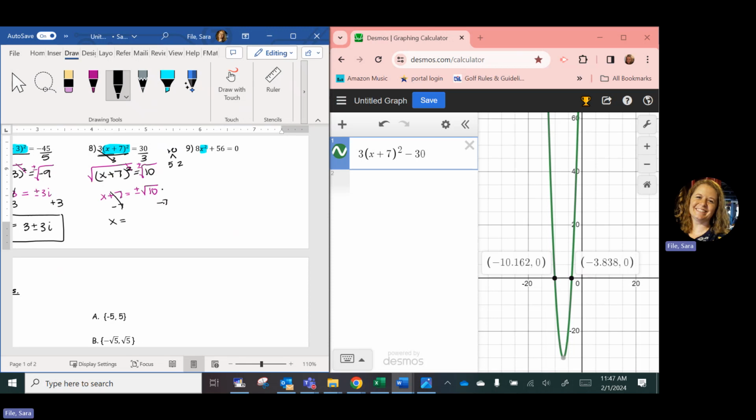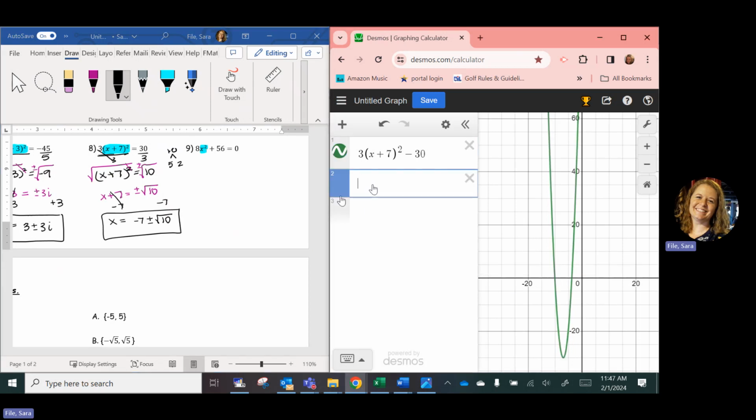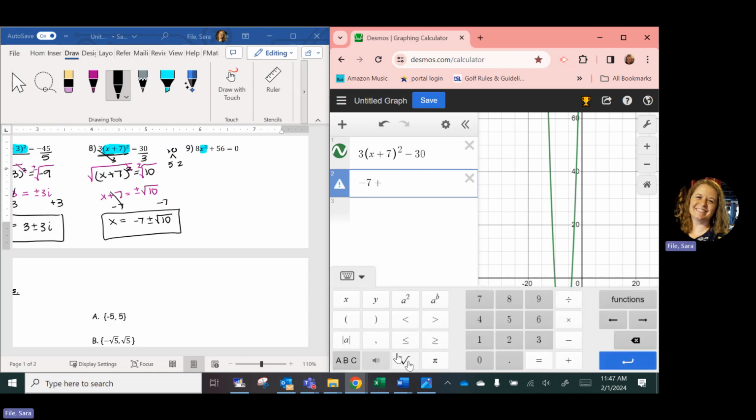Now again, this is all real, none of this is imaginary, but when I have numbers like this, where part of it's a radical, part of it's an integer, I put the integer first, so negative 7 plus or minus the square root of 10. So those are real solutions. You can see it actually crosses the x-axis. Okay, that's just an irrational number. And if you get that and you're like, well, I'm not sure if that's correct, you know what it should be as a decimal, these two numbers. Go ahead and type this in and see what it is as a decimal. Make sure it matches. So we've got negative 7 plus your square root of 10,